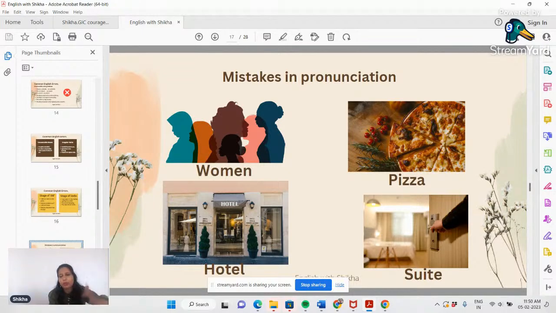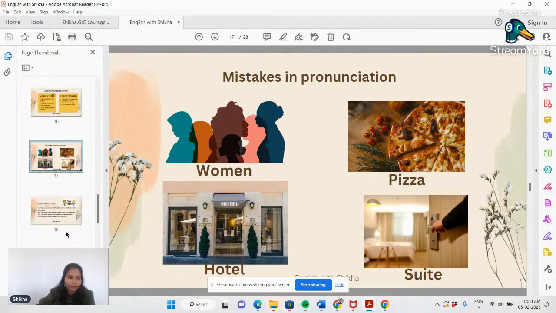So there are many words for which we have done pronunciation mistakes. We keep on doing, but we don't improve on them. So that is why I recommend all of you to listen to something daily. Maybe you can listen to some audiobook, any podcast that will help you to learn English, as well as your pronunciation will also improve, right?